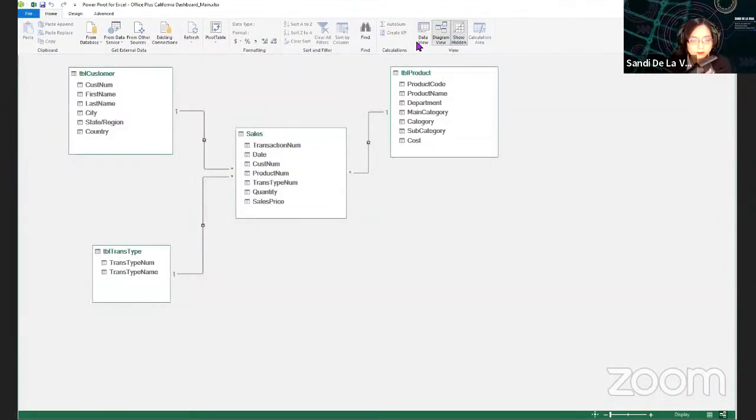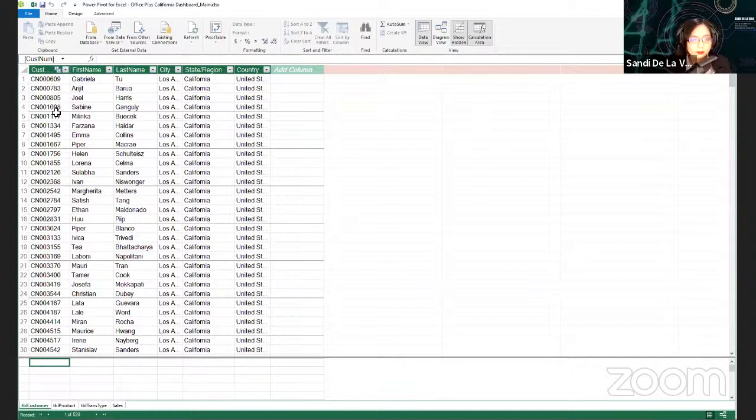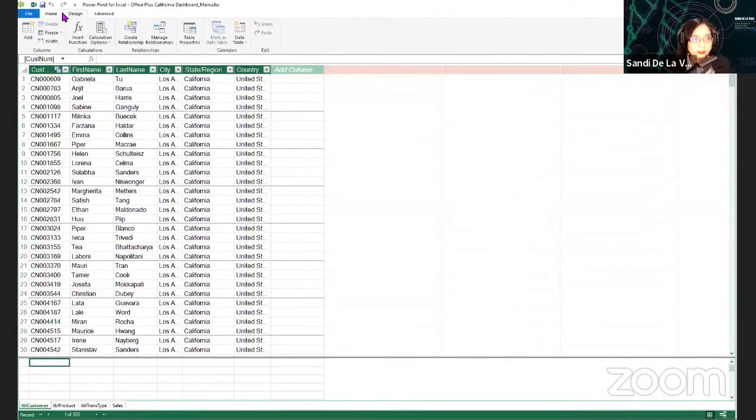Before we proceed, to answer one of the questions like the total year-to-date sales, we need to create another table. By going to the data view, the Design tab, then go to the Date Table here, then Create New.